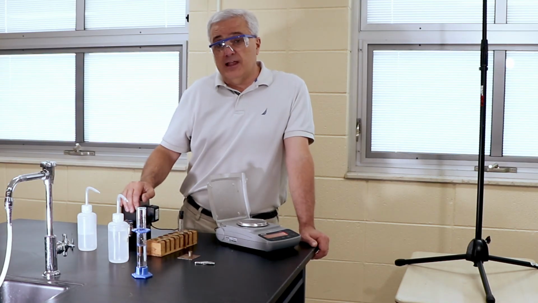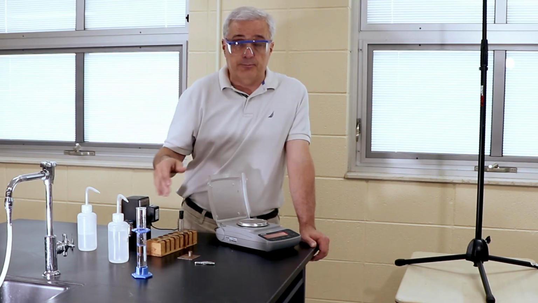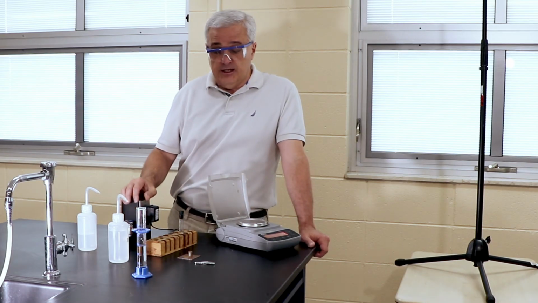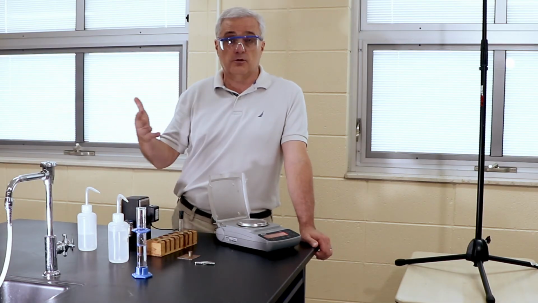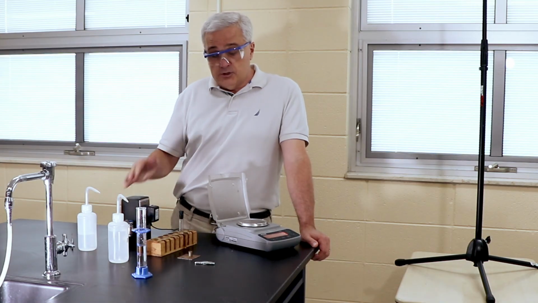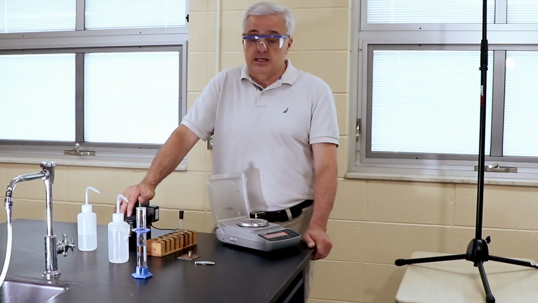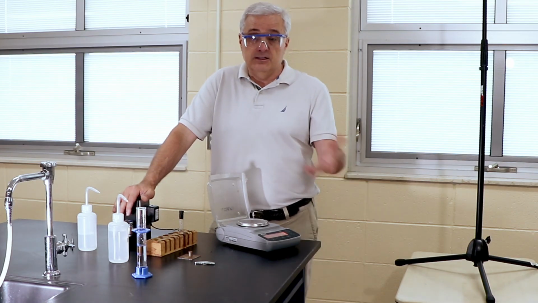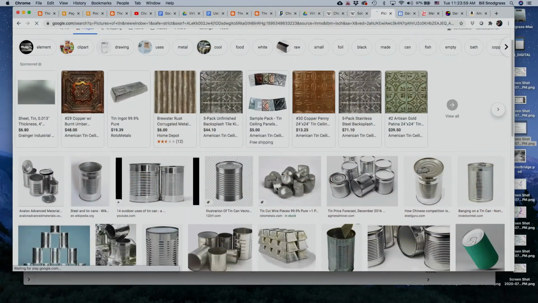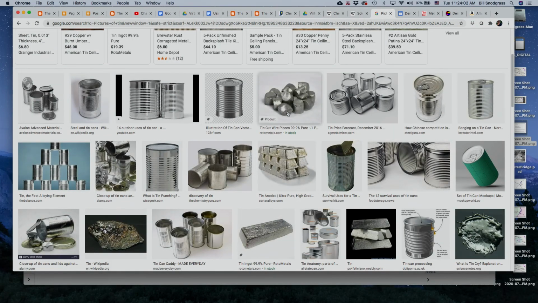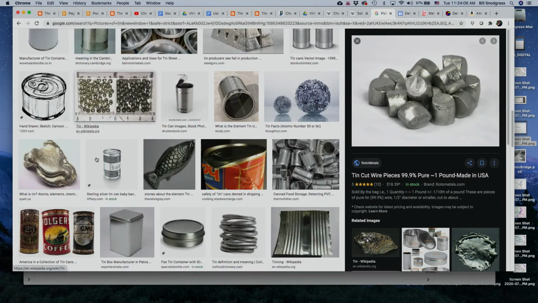The last step in this conclusion phase is to compare our sample to known examples of tin. If you have a sample display with all kinds of different metals, elements or minerals, you can take your sample and compare it to those. Or you could go to Google and search pictures of tin, since we think it's tin, and compare our sample to the images that come up. So that's it. That's our analytics